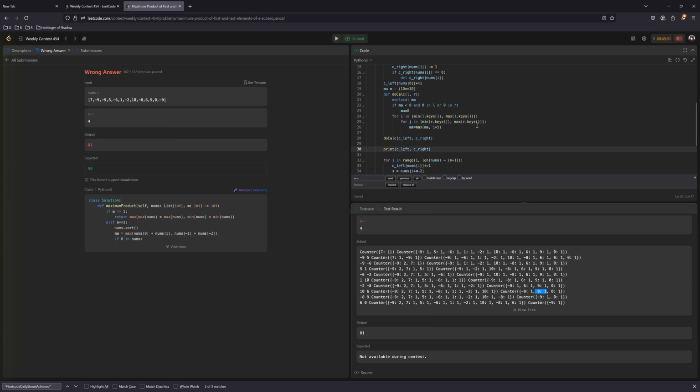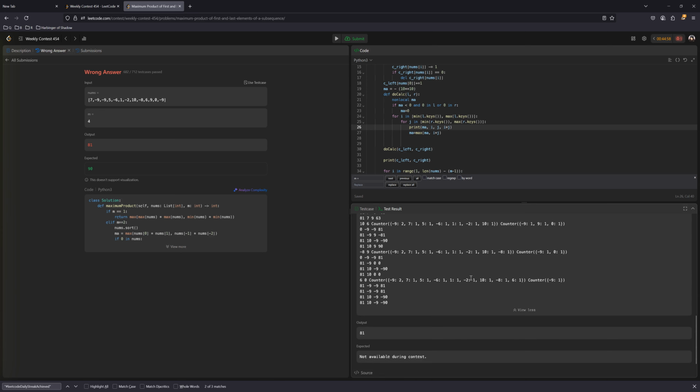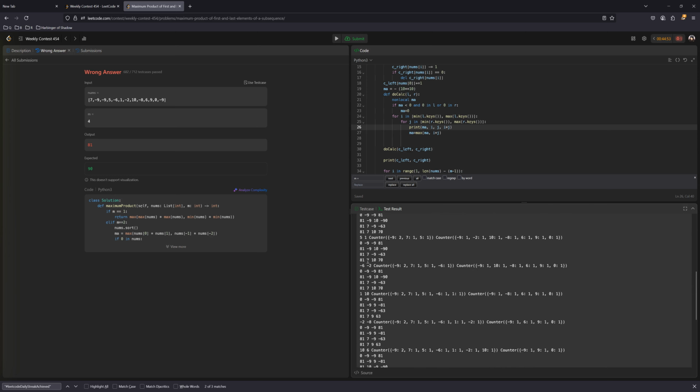L, R, min max min max. Print MA, no, don't do it like that. Print MA, comma, I, comma, J, I times J. This looks right to me. Something weird is going on here. 91, 91, 91, 91, 91. So